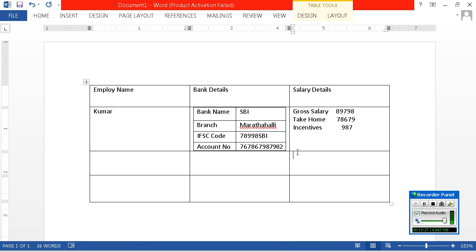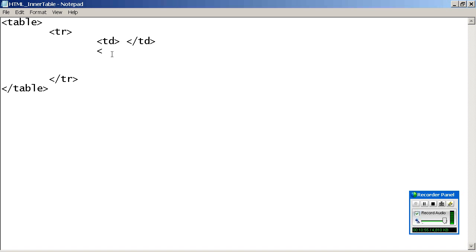In the first row, single column, take one more inner table, 1 row, 2 TD. Coming to the second one, take an inner table, 1 row, 3 columns. Coming to the third one, again 1 column, under that 1 table, 2 columns. The same way, table, 3 columns. You can do like that. Are you understanding? So there are a lot of alternate ways. You should find out the right way. So for this we will go for the development. So how many TD? 3 TD.